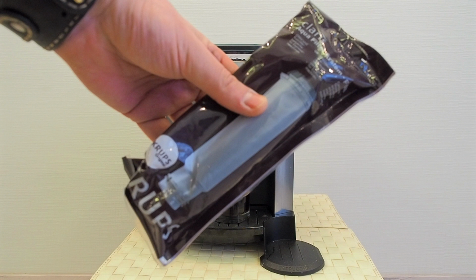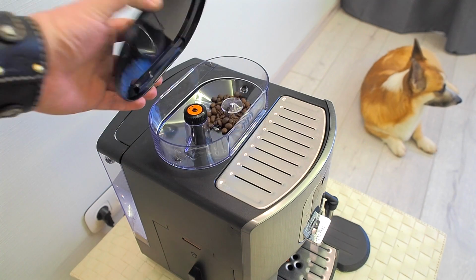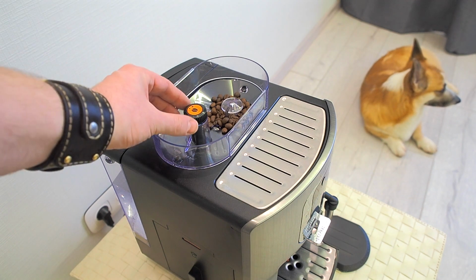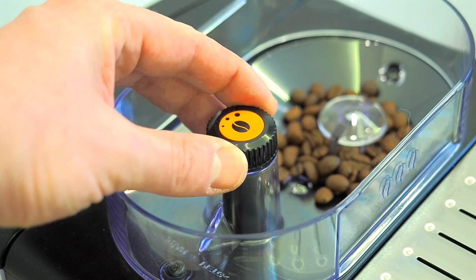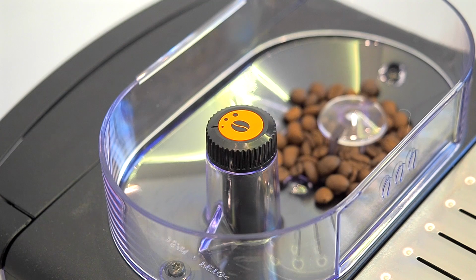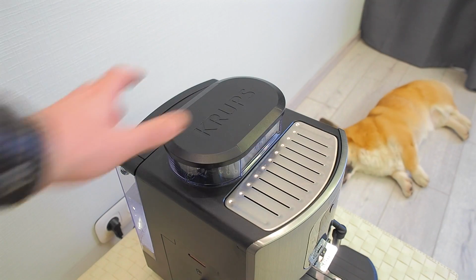More filters will cost you about $20 each. On the top, there is a coffee bean container for 275 grams of beans, which is a very nice amount for a typical 250 grams beans bag sold in the stores. Also here you can choose from 3 grind size settings for the bean grinder. Sadly, this model doesn't have automatic grind size choice for different recipes, but it's normal for coffee machines in this